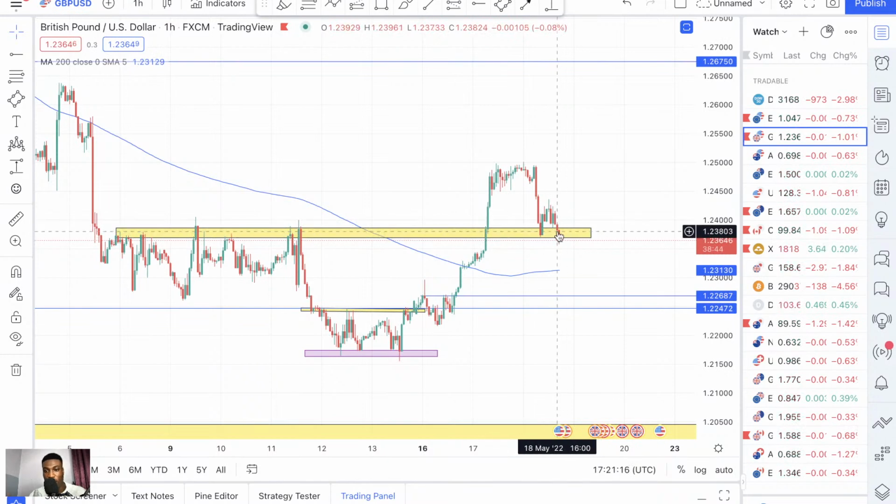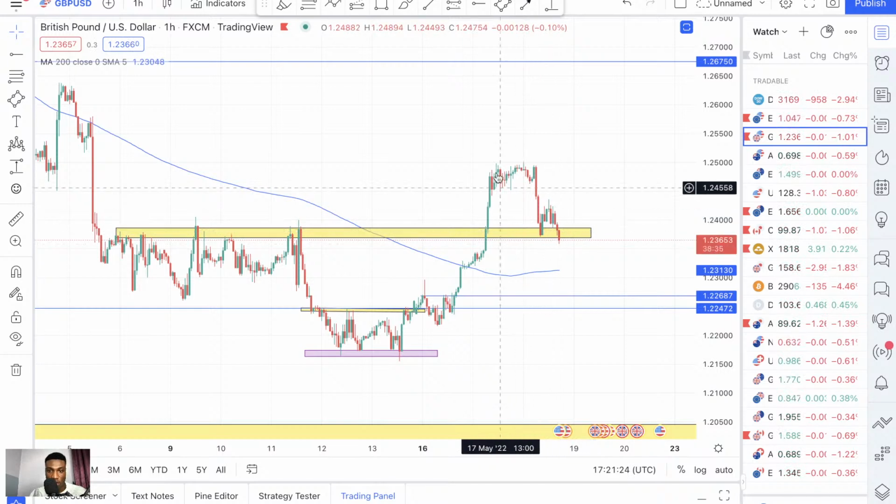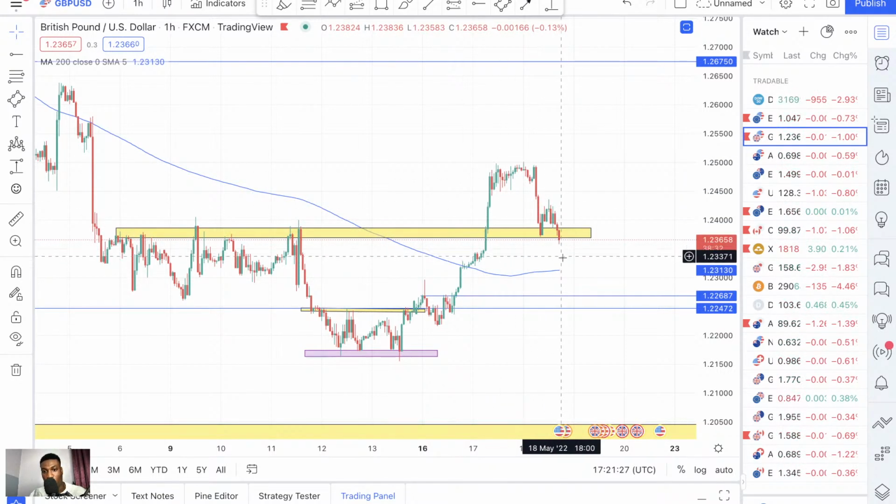So it's going to serve as a support, and that's what happens with support and resistance. If support is broken, it could turn to resistance. If resistance is broken, it could turn to support at a retest, right? So a confirmation to go short on pound dollar would be price closing bearish below this support, and then you see consolidations or a breakout from that consolidation, or you could also see another candlestick opening with strong bearish momentum, and you go short,